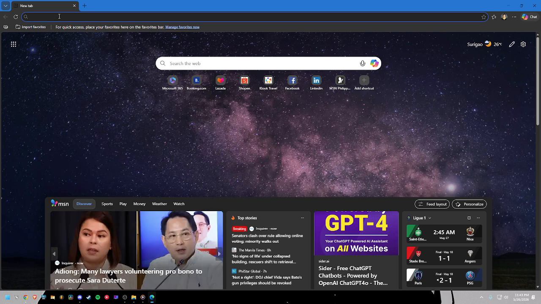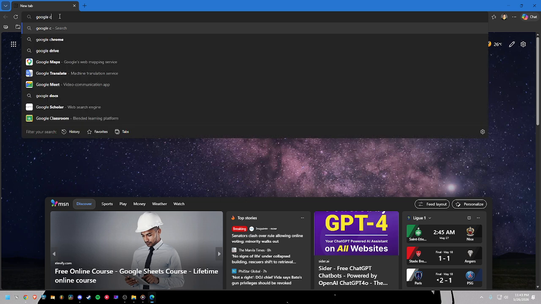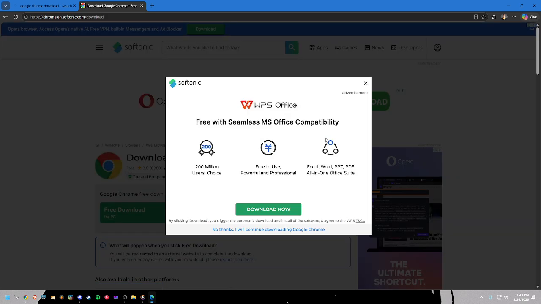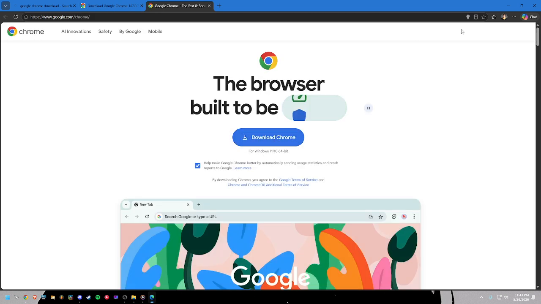Next, download Google Chrome. In your current browser, go to the official place to get Chrome. Then start the download. Wait for the file to finish downloading completely before moving on. Depending on your internet speed, this may take a few seconds or a little longer. When the download is complete, open the installer and follow the prompts on your screen to install Chrome on your